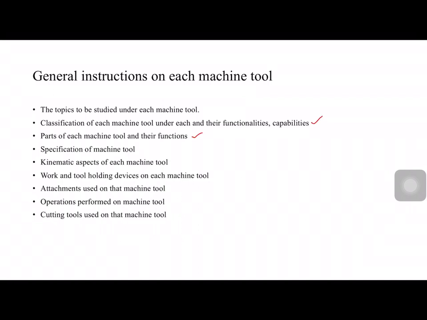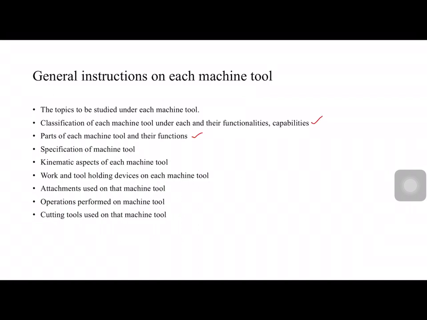That is, this particular machine tool has to machine aluminum material or high carbon steel material or some other material. Based on our requirements, you need to mention, okay, this is the motor capacity I require. This is the floor space I have. These are the different types of feeds I require. These are the different types of cutting velocities I require. These are the attachments I require on that machine tool. All these things you need to mention.